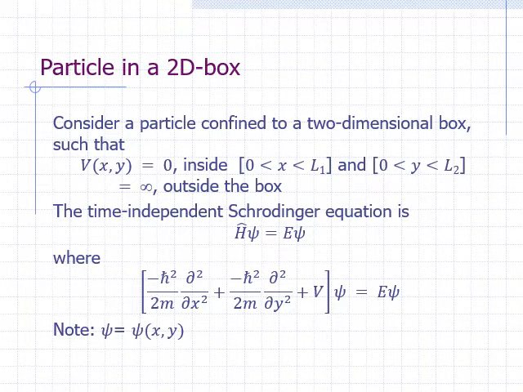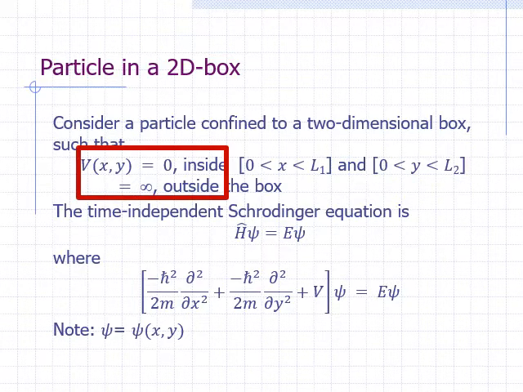Now we need 2 coordinates, x and y, to specify the location of the particle. We will confine our particle to x coordinates between x equals 0 and x equals L1, and y coordinates between y equals 0 and y equals L2. So we have a rectangular box. Just like the one-dimensional case, we will examine the case where the potential energy is 0 inside the box and